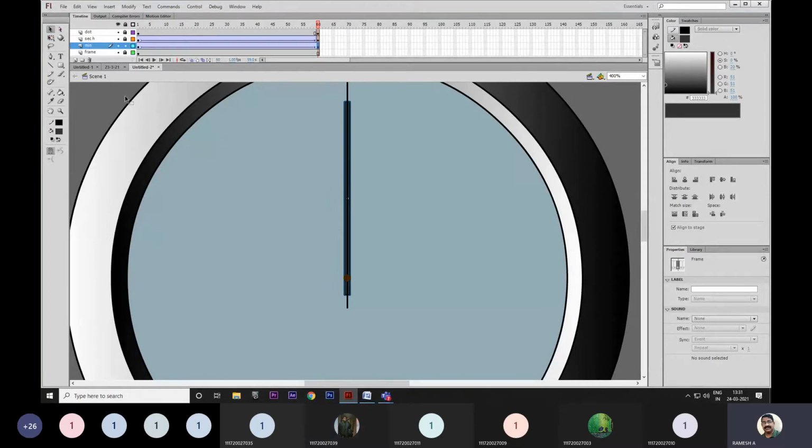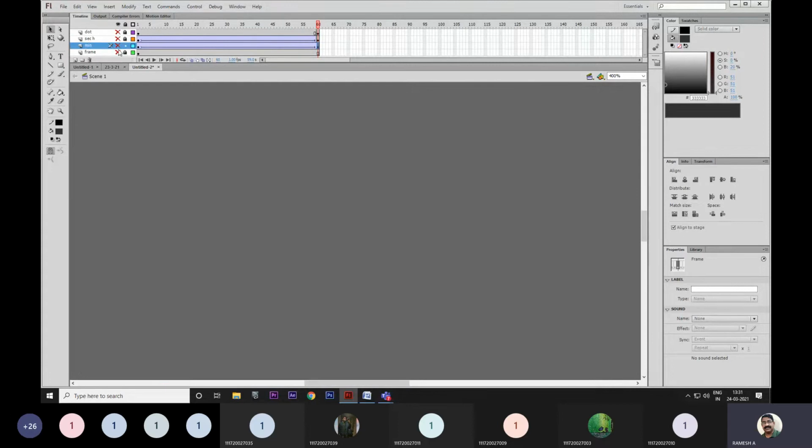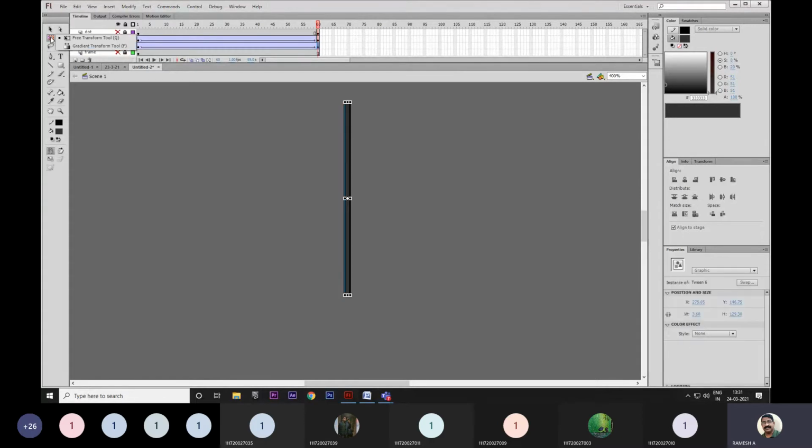You cannot see that. When you go for the free transform tool, first you have to select, see, I'm going to hide the whole thing. Okay, just I'm going to open only the minutes hand. See this. You cannot see that registration point here. When you select the free transform tool, then only you can see that. But where is the center point? The center point dot is on the top layer. Also open the visibility, then you can find that. Now you can move this point towards the center and control plus.